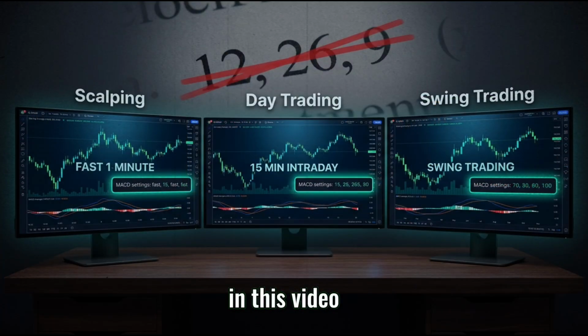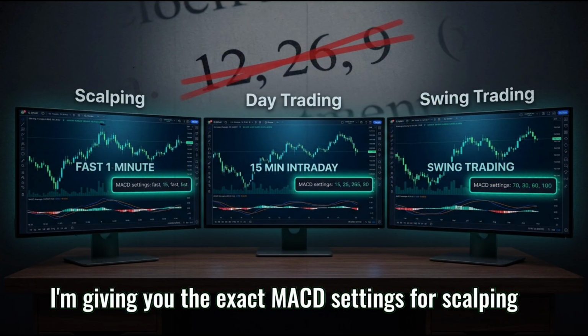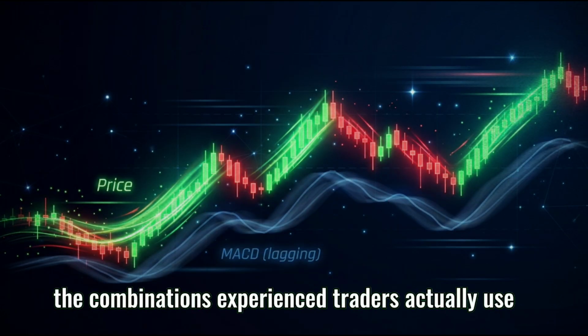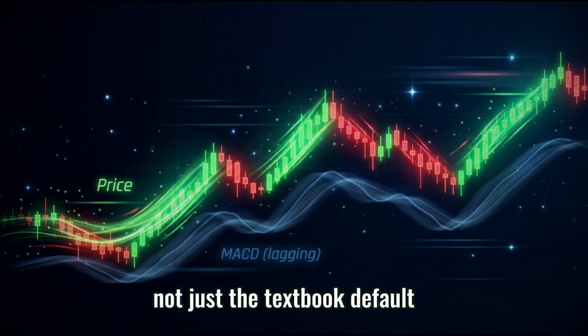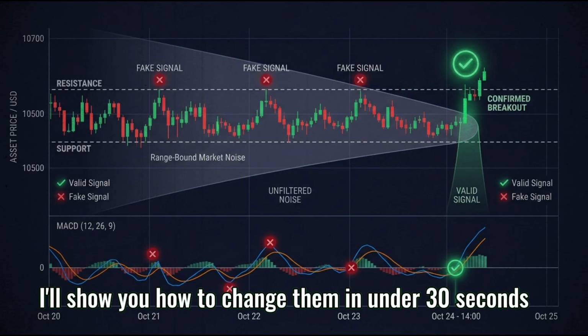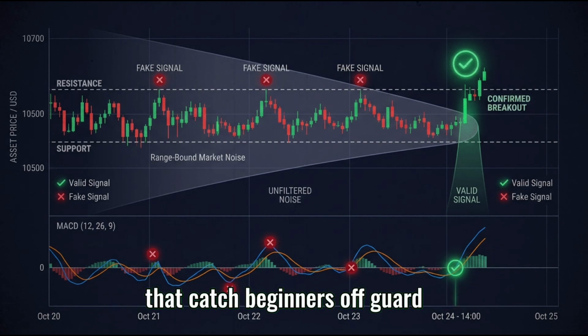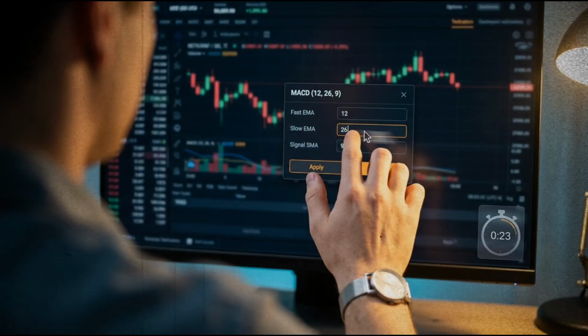In this video, I'm giving you the exact MACD settings for scalping, day trading, and swing trading. The combinations experienced traders actually use, not just the textbook default. I'll show you how to change them in under 30 seconds, and how to filter out the fake crossovers that catch beginners off guard. Quick disclaimer: